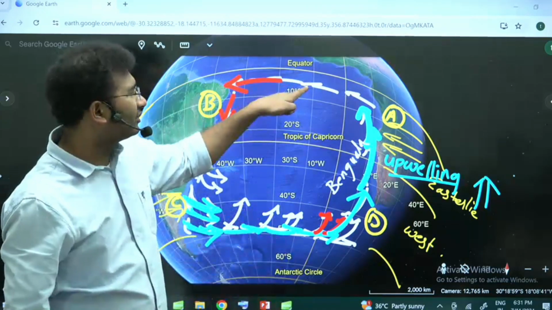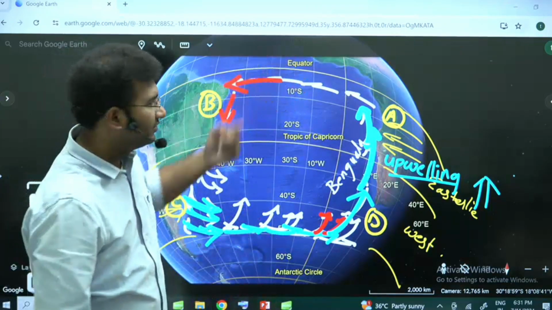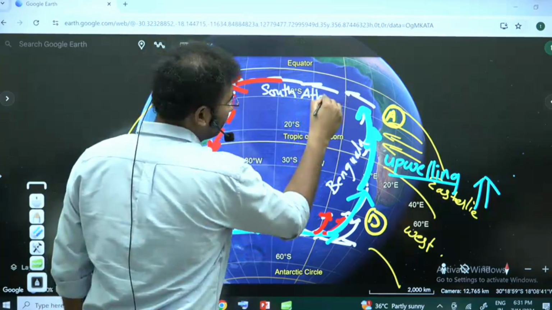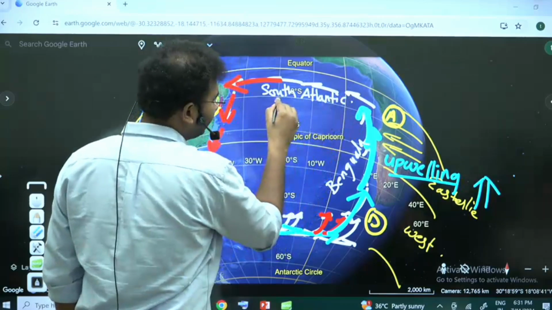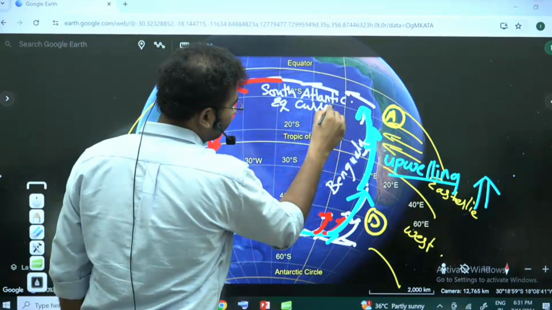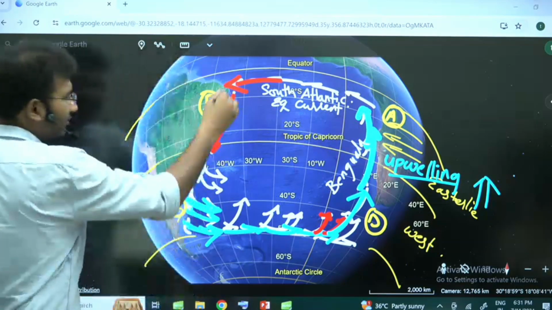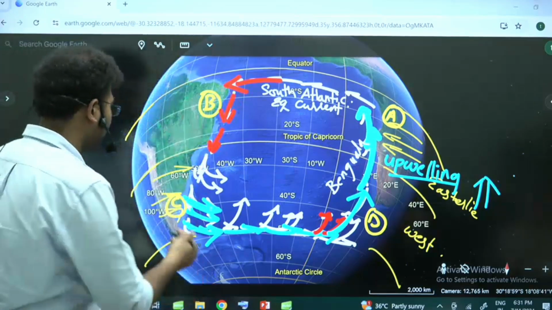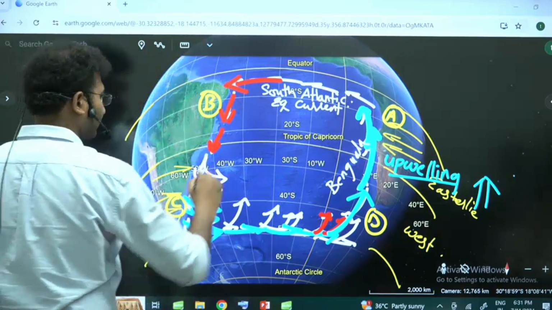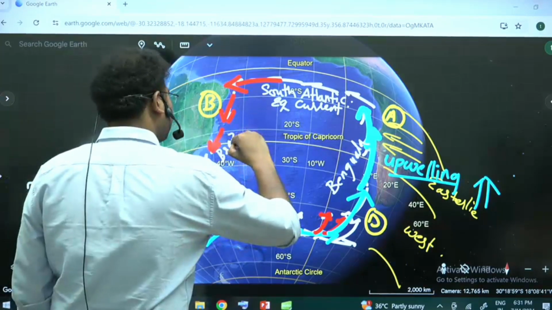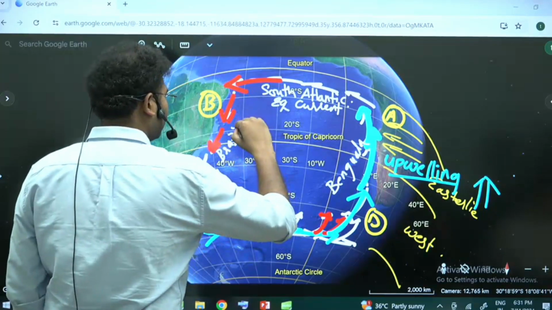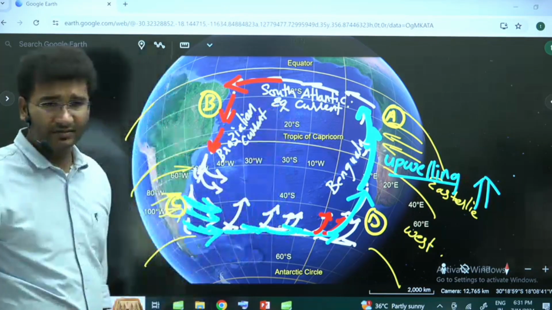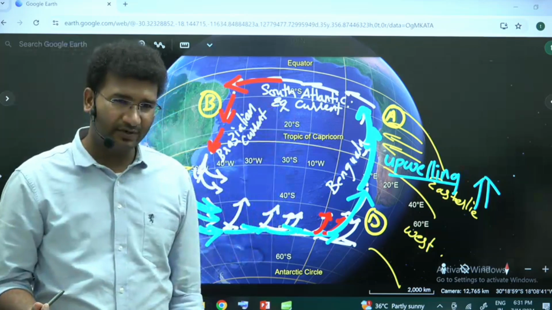Next, is this south of equator or north of equator? So this is called south in which ocean? Atlantic. And South Atlantic equatorial current. South equatorial current. Now come to the coastlines of Brazil. So it is moving across Brazil. So it is called the Brazilian current. Same current only, no? Brazil.